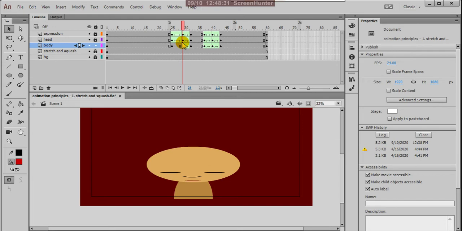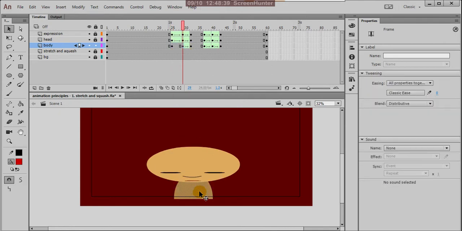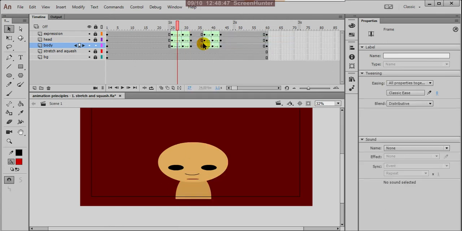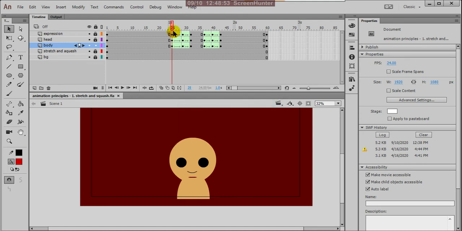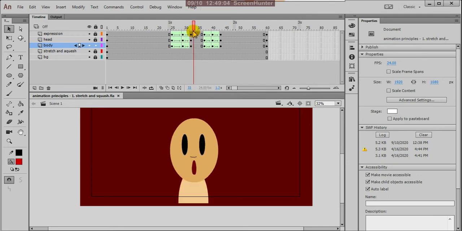Okay, so this is your body at this area, and this is the slightly squashed body. Between these two keyframes, same, I create a shape tween, so that the middle frames the system automatically generates. Okay, this is this. Then after that, what will happen? After anticipation, immediately you are stretching and noticing something. Okay, so your head must stretch here.